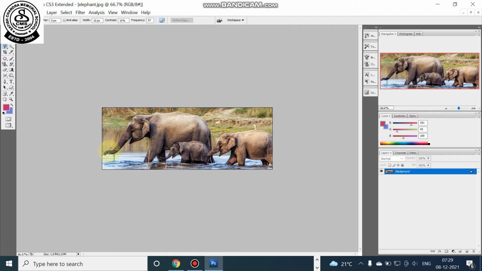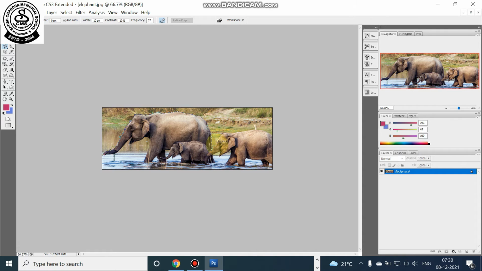So now you can see that the elephant picture is automatically starting to get selected. You can see we are moving the mouse pointer on the edge of the animal body, that means the elephant body, and it is selecting the edge of the animal automatically.